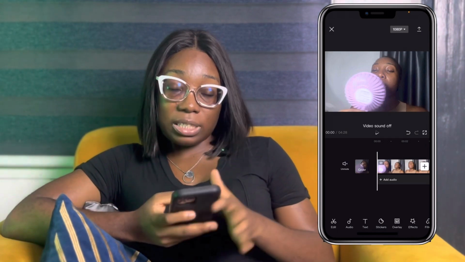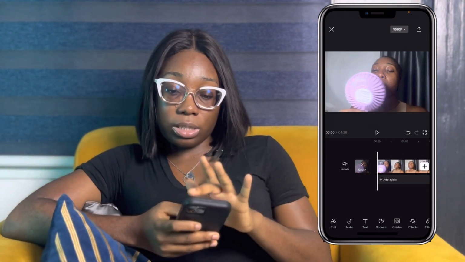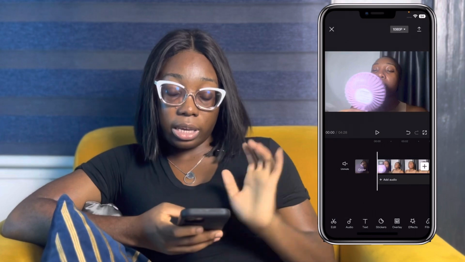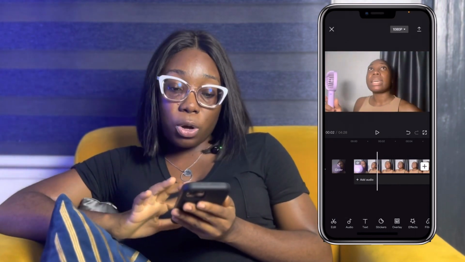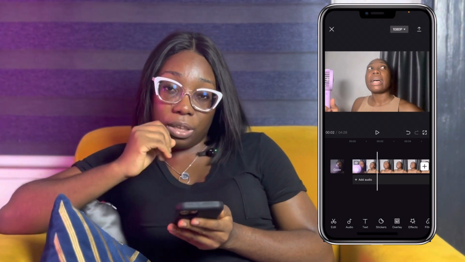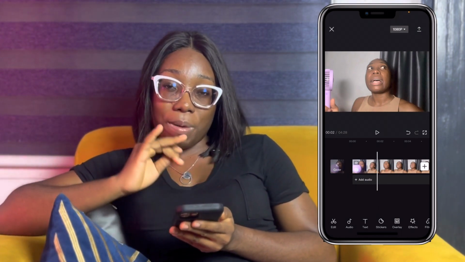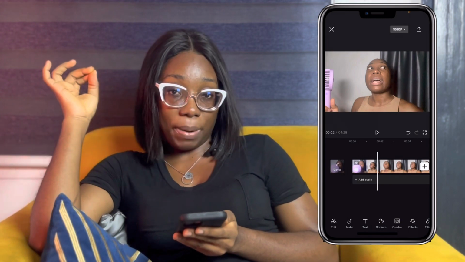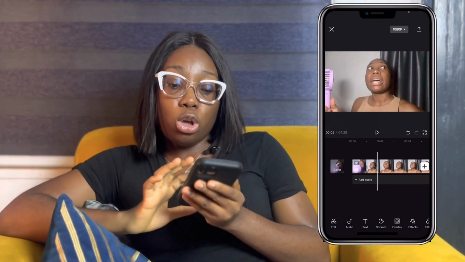Now I'm going to turn off the sound so we don't hear any noise. Let me just make sure that this is recording. Yes, it is. Now jump cuts are when you're saying something, or maybe you're stuttering, or maybe you're moving back from the camera, or maybe you paused at a particular point. That's what jump cuts are. So you can just